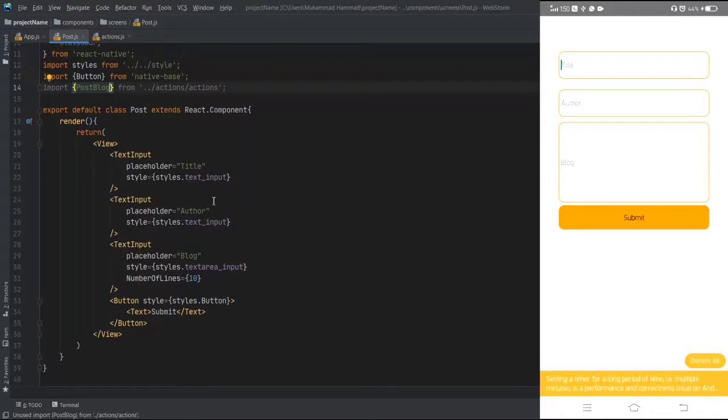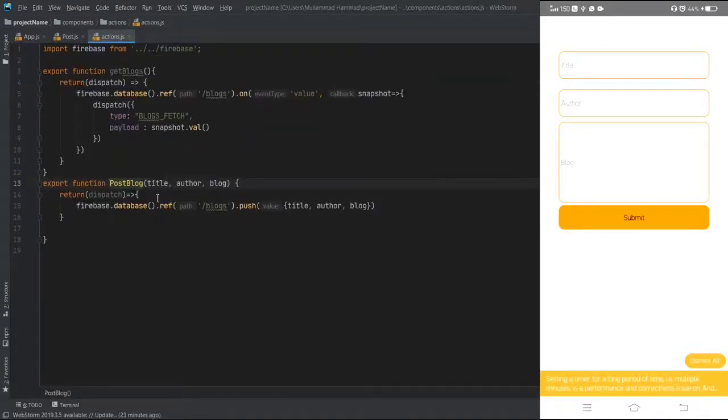Now in order to take the user inputs and pass them to Firebase, we have to set the state variables, and from those state variables we can access the values in our post blog function, which is written in the actions.js file, and then we can pass the values to the database.